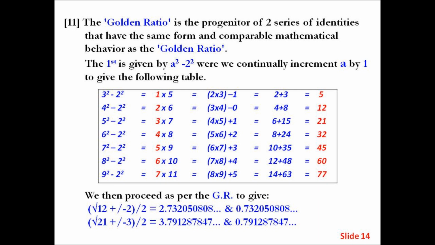The golden ratio is the progenitor of two series of identities that have the same form and comparable mathematical behaviour as the golden ratio. The first is given by a squared minus 2 squared, where we continually increment a by 1 to give the following table. We then proceed as per the golden ratio to give root 12 plus or minus 2 all divided by 2 equals